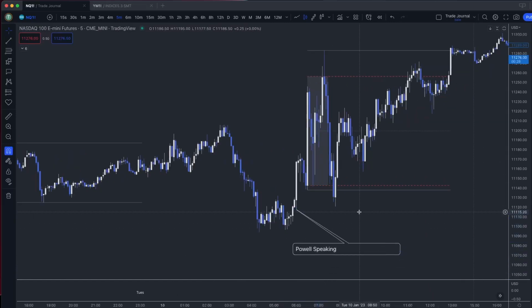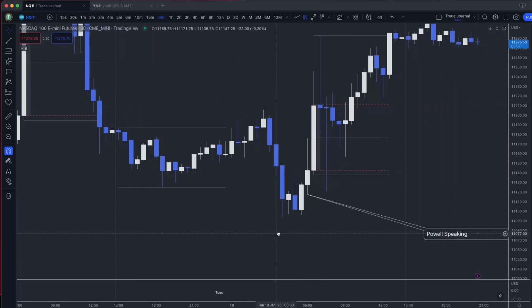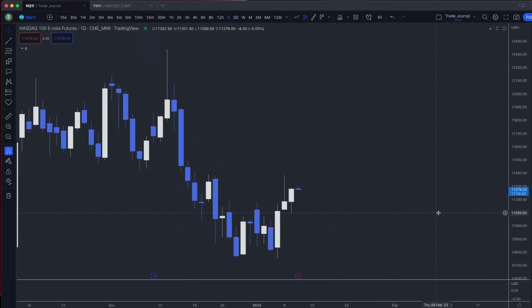Then we have to say, okay, so again, why is price reacting here? Well, we can see just on this time frame alone, on the 5-minute, we have this consolidation and then this aggressive move away. So price could be just retesting the imbalances that exist here in this consolidation, which is basically what happened. If we just work our way up, we can see on the 30-minute, we have this imbalance here after taking liquidity again. And more importantly, let's just go back out to the daily chart.